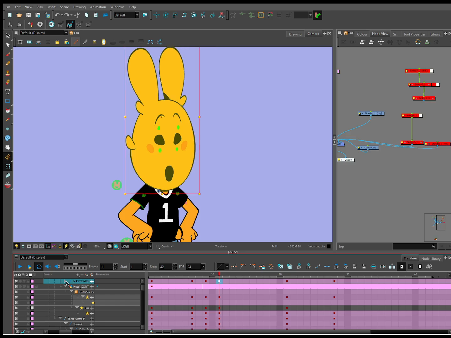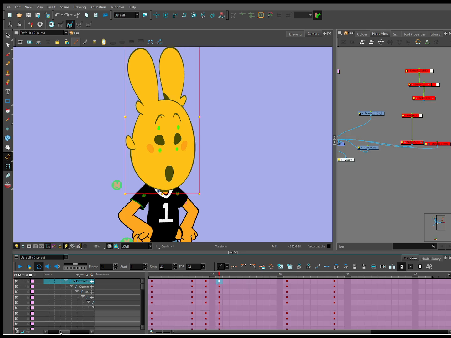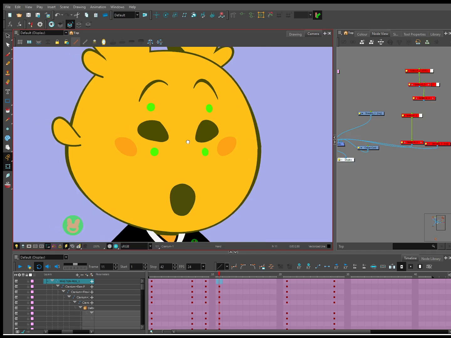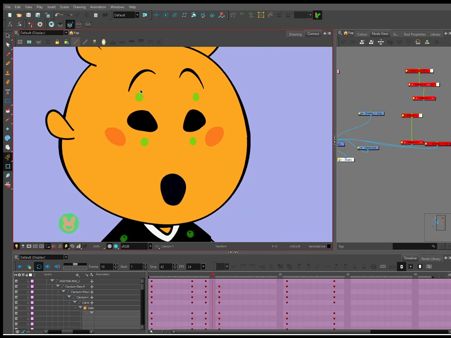When I go to delete a flip, I make sure that the peg that has the flip on it, I only want to take it off of that one singular peg. So this is the master peg. I am on the keyframe here. It is open, and I'm going to delete it. Now, is this the same? It kind of looks the same, but let's look closer. There is actually subtle squash and stretch.